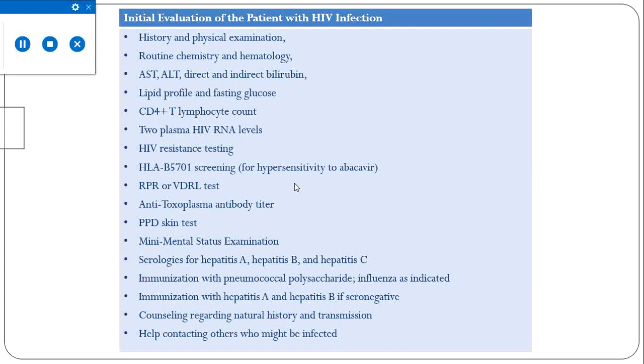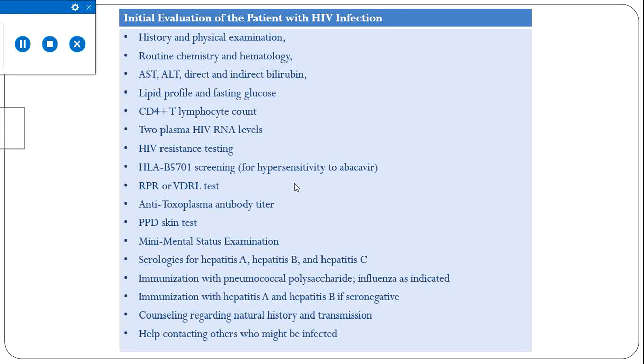These are the routine evaluations which should be done when the patient is found to be positive for HIV. Of course, history and comprehensive physical examination should be done. Routine chemistry and hematology, including the liver enzymes and bilirubin. Then lipid profile and fasting glucose levels. CD4 plus lymphocyte count in the peripheral blood. Then 2 samples for plasma HIV RNA levels, HIV resistance testing for drug resistance, checking for HLA-B5701 screening, which is